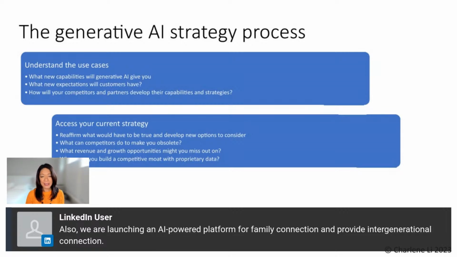So some of the things that may be true is that you're more creative in these areas, or that if you are doing some sort of document processing, for example, you're doing HR or legal or insurance in these fields, using these tools, generative AI can give you a huge leg up, and your competitors could be doing it too as well. So the assumptions that you make about what had to be true for your strategy to be successful need to be re-examined to see if they still hold true. And if they don't, then you want to be able to also generate new options to consider in your choices for the strategy.